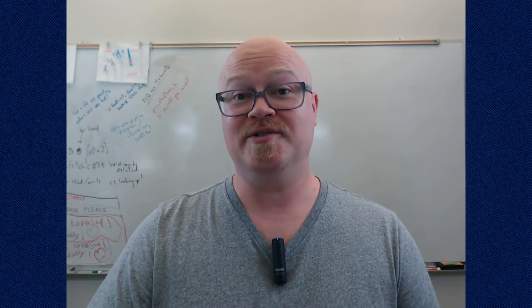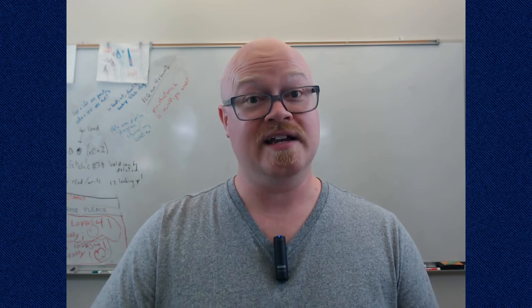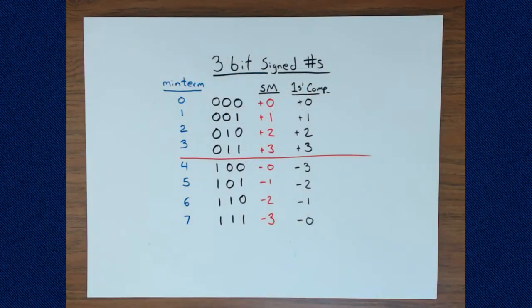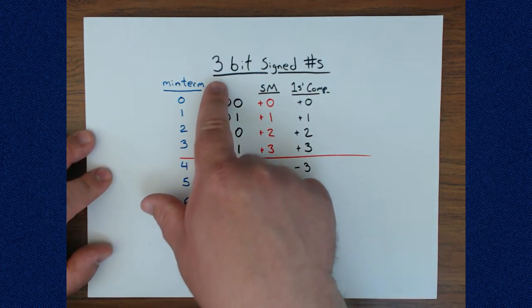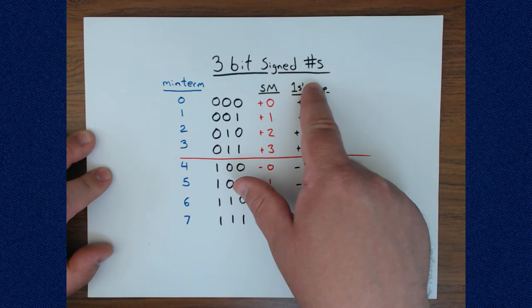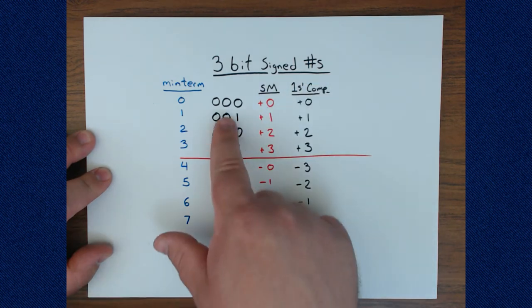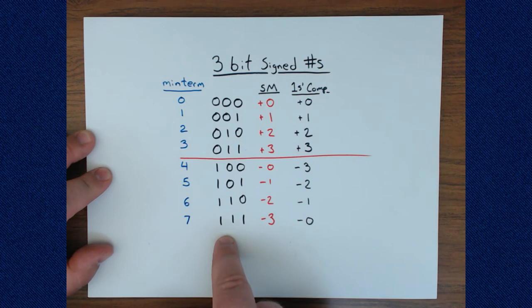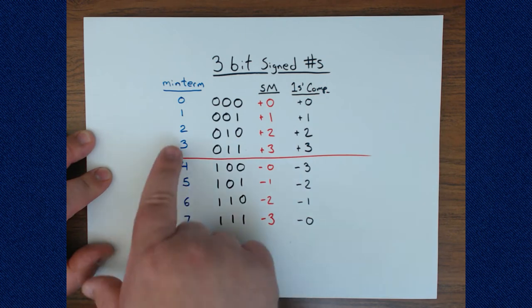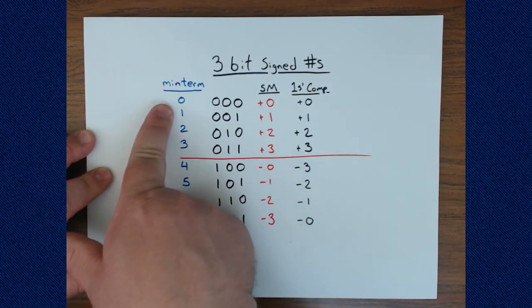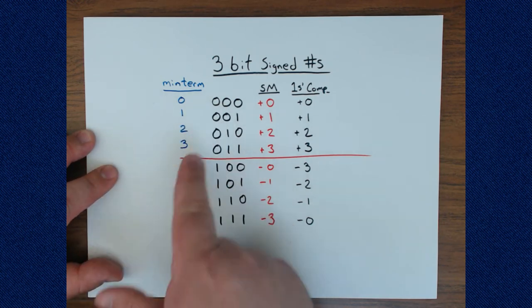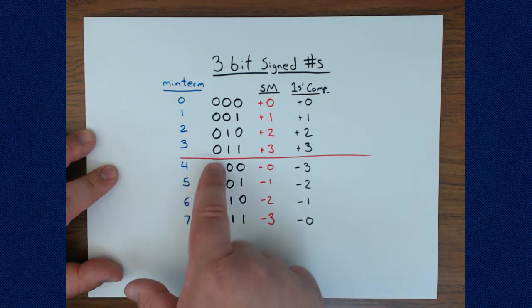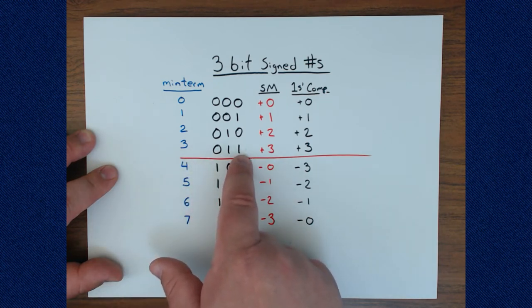But before we get directly to 2's complement, I want to review the basics of what we did with signed magnitude and 1's complement. So, if you'll recall, we laid out a basic set of bit patterns for 3-bit signed values. And here are all the 3-bit patterns that we can represent. To the left is the min-term number, which is how we can identify each row briefly. So min-term 3 is going to be whatever row, when treated as an unsigned value, has the bit pattern for